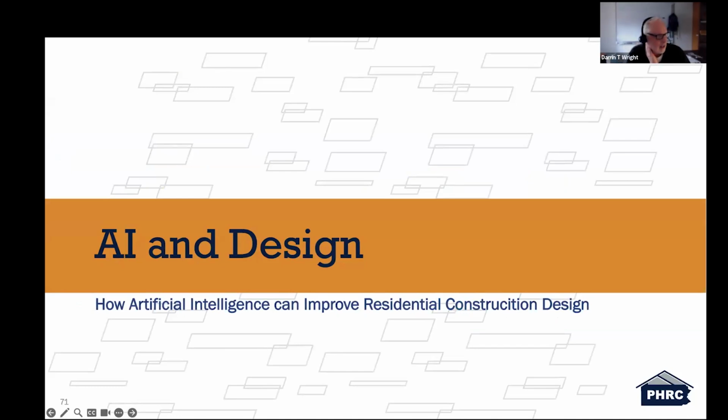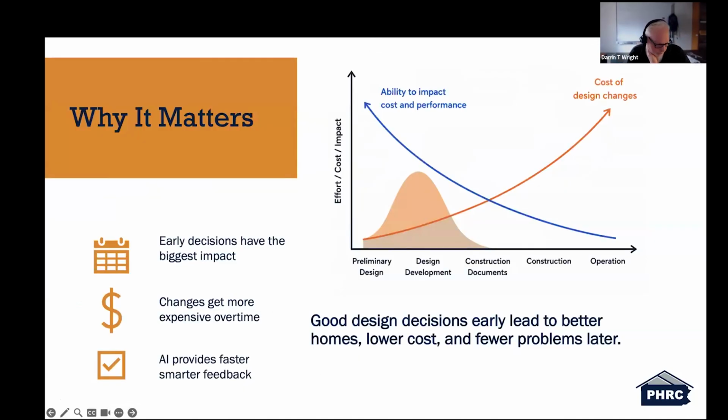AI in design, and why it matters. Good design decisions early lead to better homes, lower cost, fewer problems. Again, the earlier we're making these final, committed choices in the design process, the fewer iterations and changes we're doing down the road, and the more continuity we're going to have, especially when we're talking about hiring subcontractors and getting bids on contracts.